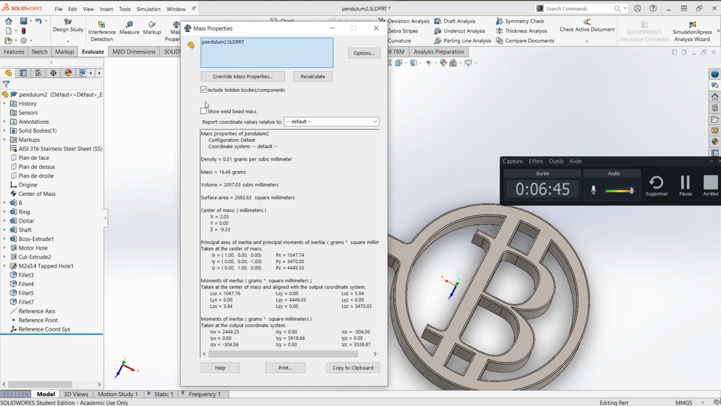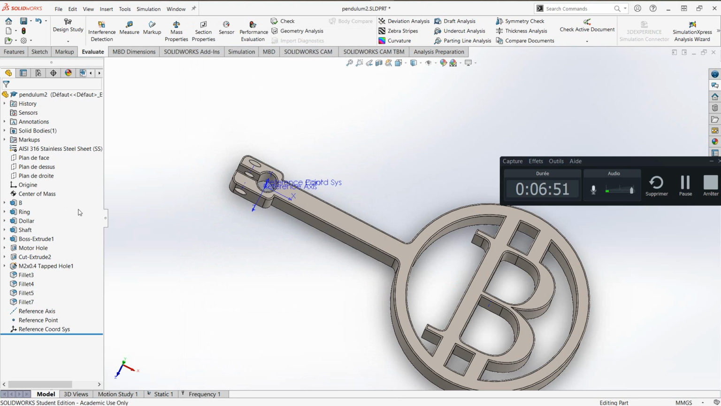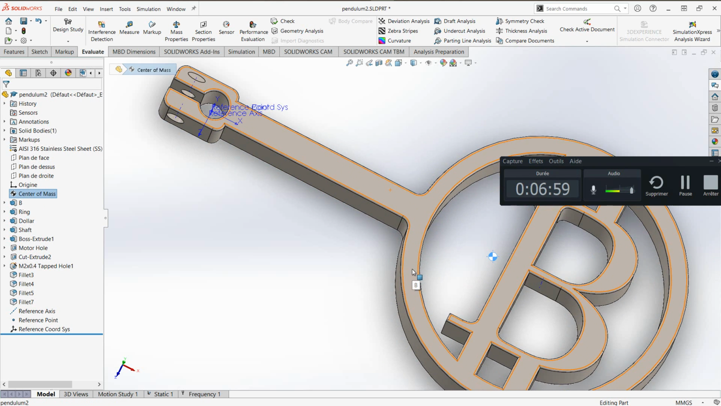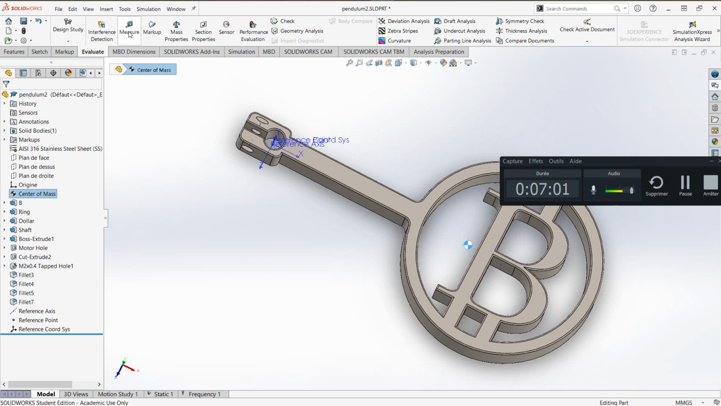Okay, so right here would be a center of mass button. Press on that, and it might disappear. If it does, you just click again on center of mass, and what you can do is measure a line between your